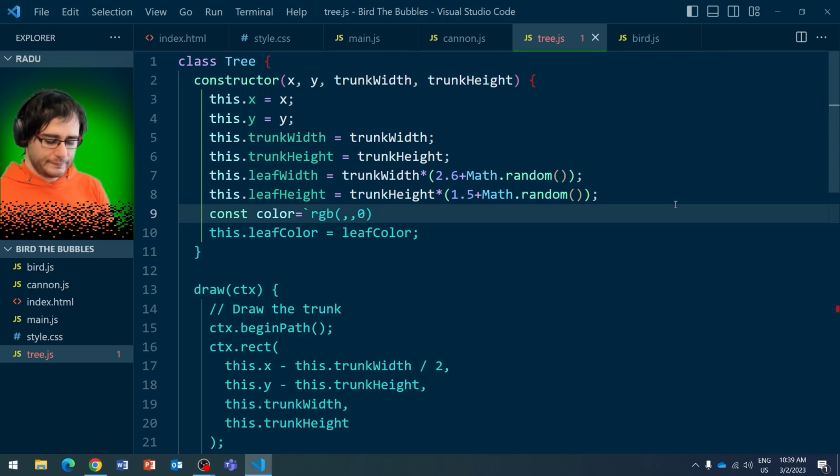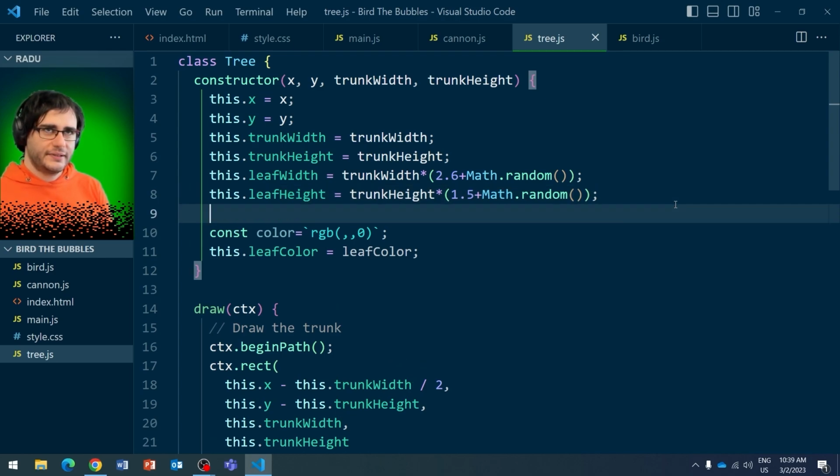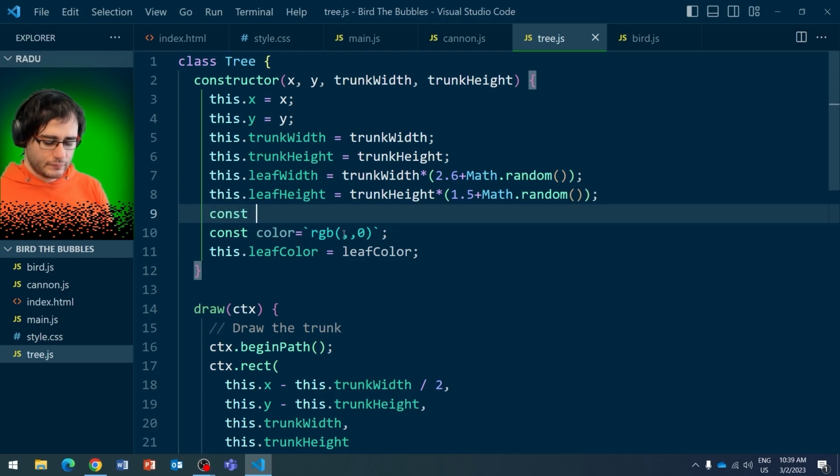So no blue. And red and green are going to be some high values. Let's put here red as random times 100 plus 155. And let's make this into an integer value so that